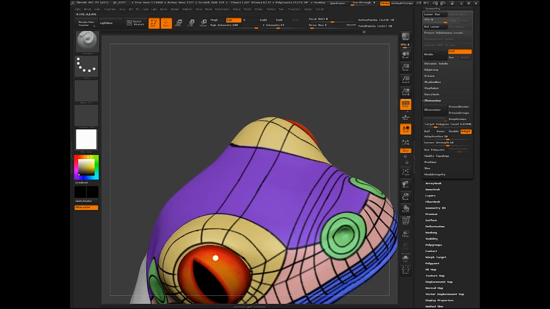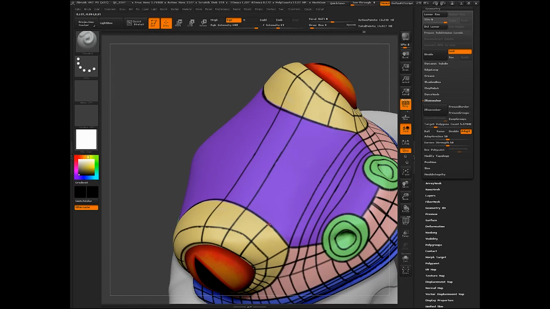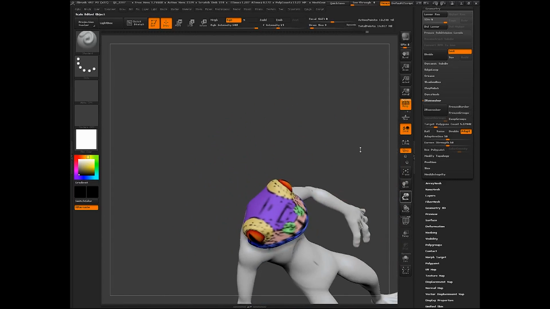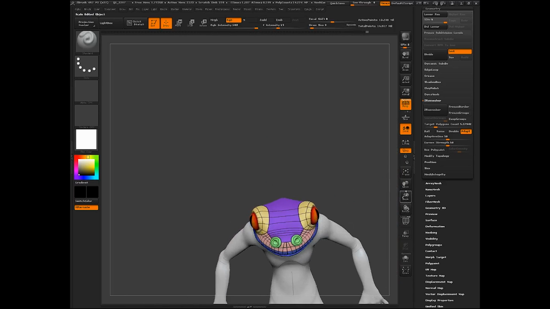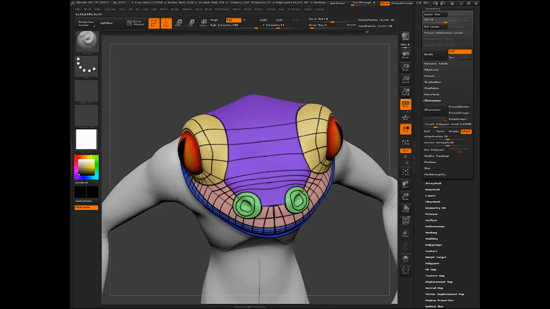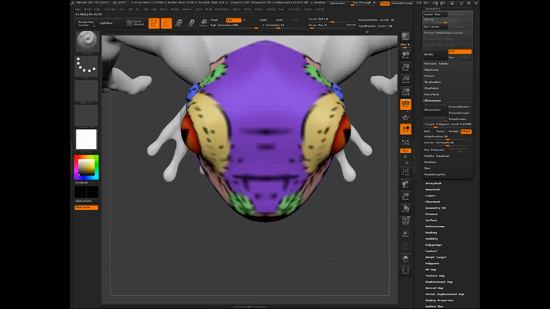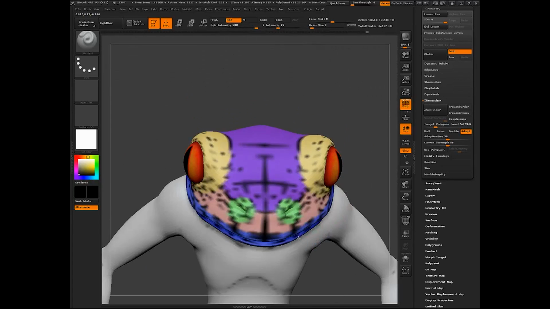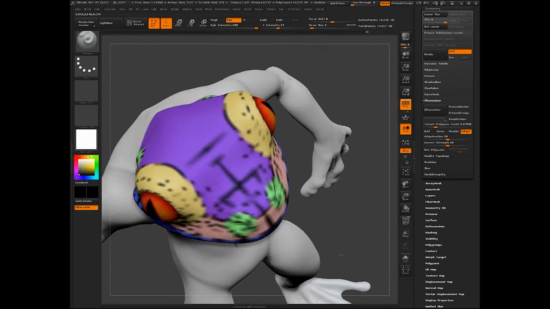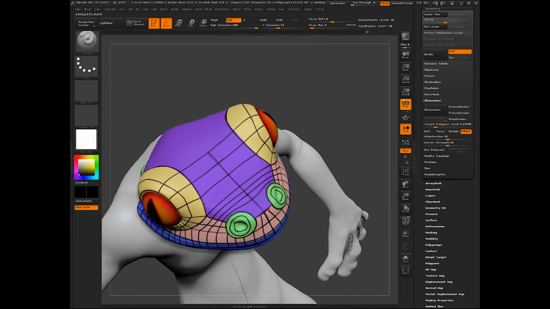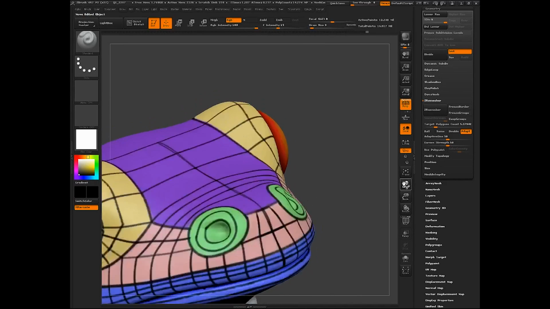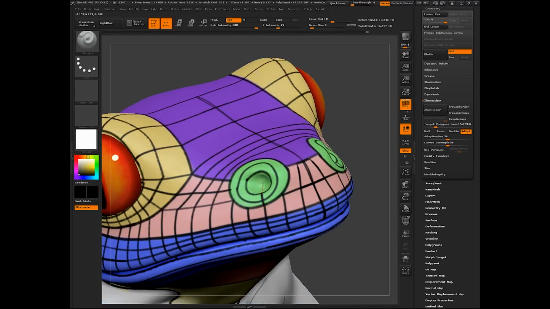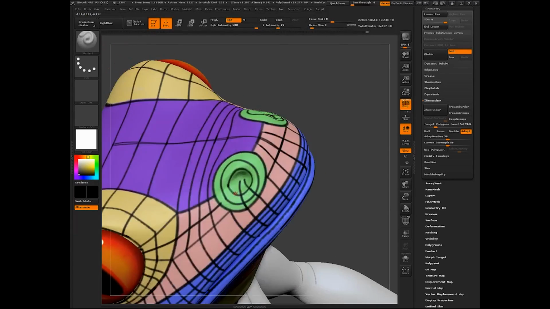Okay, so I'm going to split the difference and bring this edge across from the eye through the purple. That's looking pretty decent, so I think I'm going to paint my center line now. I'm going to create a straight line. It's hard, you're going to see a little bit of split in that line because of the symmetry. So I'm going to bring the edges in through the nostrils all the way down to as far down into the nostril as I can.